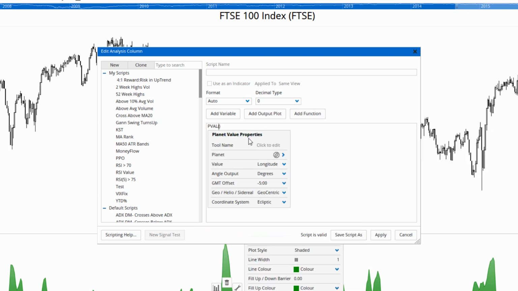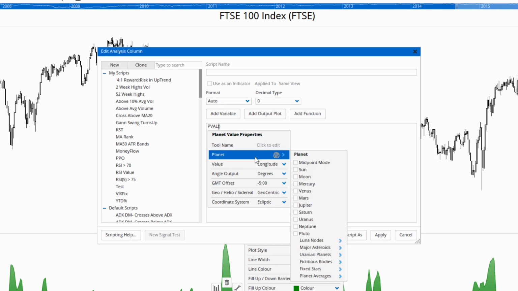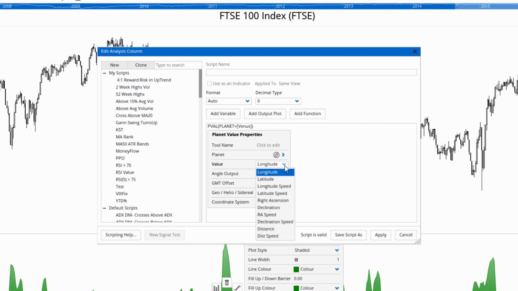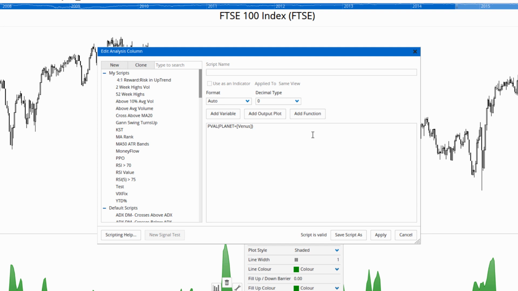When I click on that text, this is where I can select which planet we want to look at. Let's do Venus, and which planetary value? From that drop down, by default it's going to use the longitude value in degrees, or I can select any of those other ones. I'm going to keep it at longitude in degrees and from a geocentric point of view rather than heliocentric. I'm going to create a formula, a variable first. P1 equals the longitude value of Venus, and then I want to show on the show view where Venus is greater or equal to 10 degrees and less than 30,